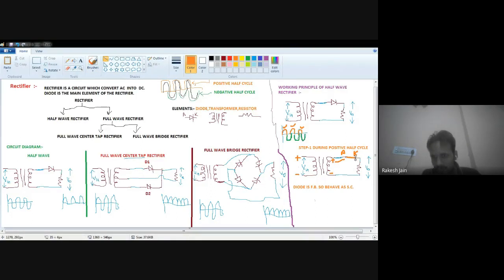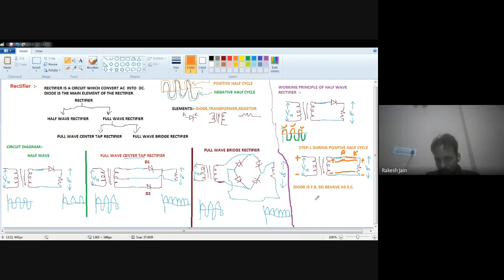Because it is shorted down. Okay, so now the circuit will behave like a diode replaced by a short circuit. So what will happen? Because I apply here the positive half cycle, and the diode is a short circuit, this total supply will come at the output terminal. The upper side is positive, lower side is negative, and whatever the signal is here, that is the positive half cycle, will go as it is to the output side.